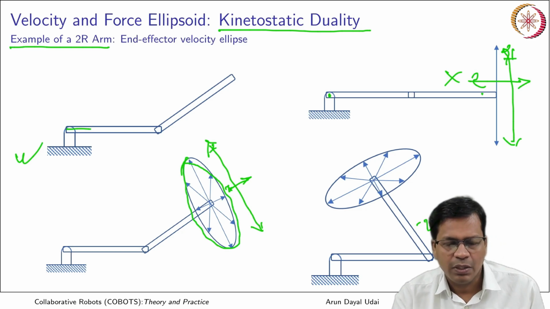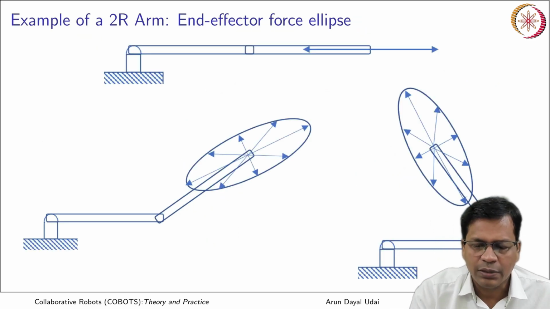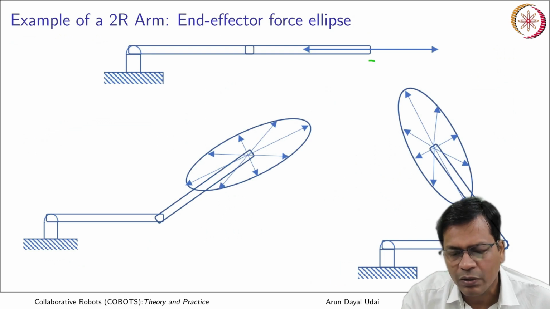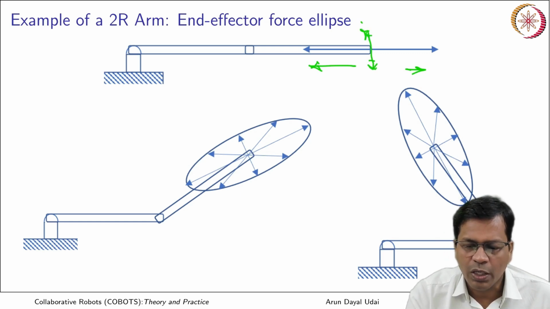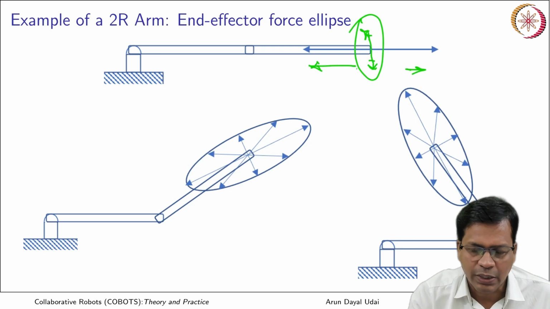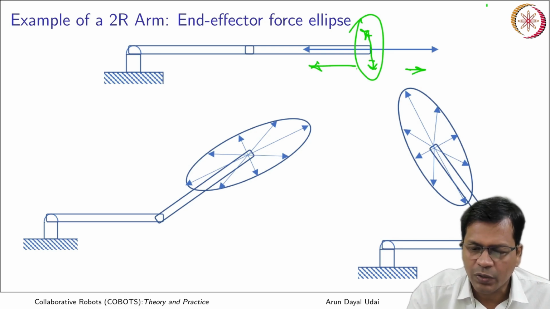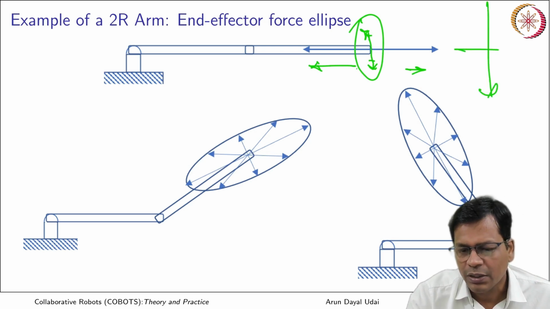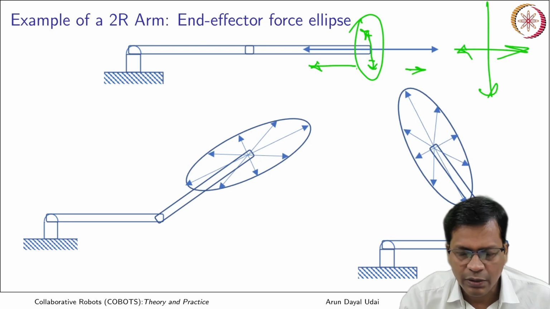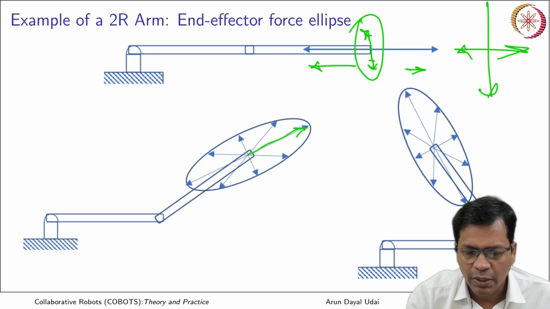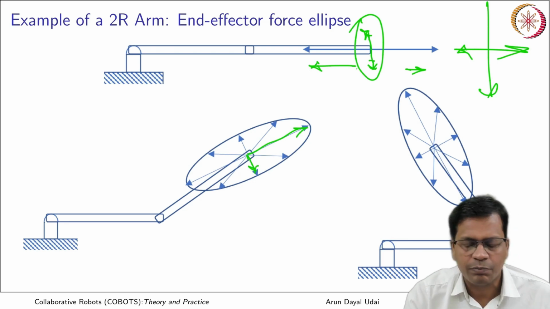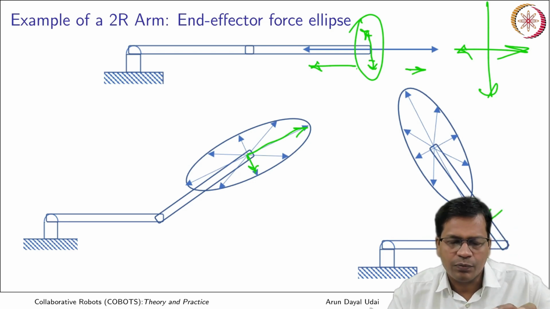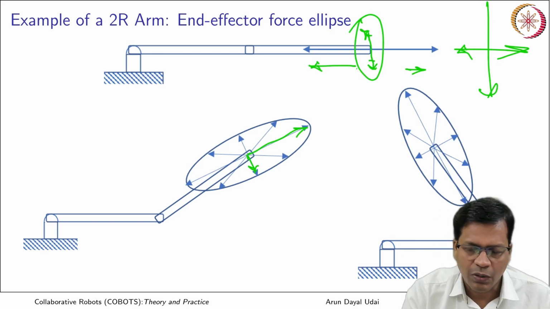And same in case of the force ellipsoid, you see, you can apply forces along this and this direction only, and this reduces to minimum. You cannot apply more forces along these directions. It is fully collapsed once again. Okay, the velocity one was something like this, the force one is like this. So you see, over here you can apply more force and less force, and in this configuration it becomes like this. So you see, the force ellipse and the velocity ellipse are orthogonal to each other also.